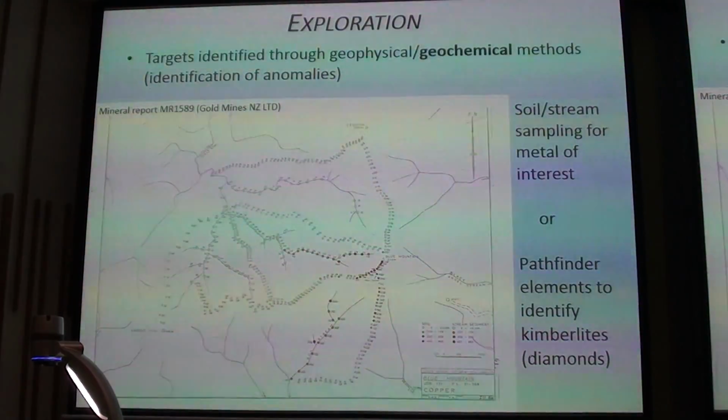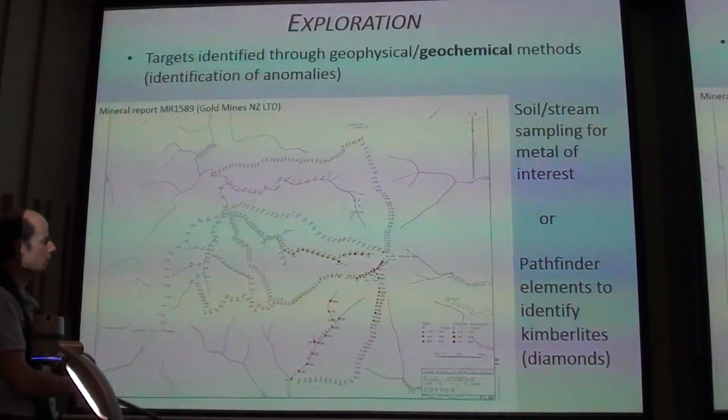So you get to the field and start taking samples, such as was the case here. This is again a map of Blue Mountain. Geologists